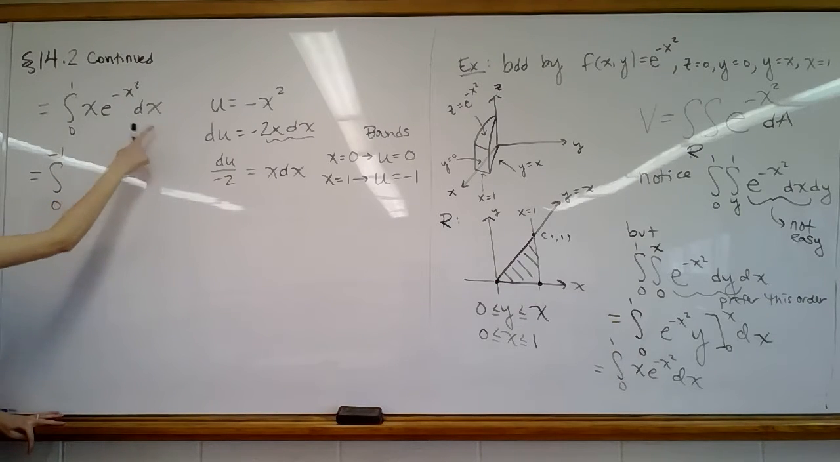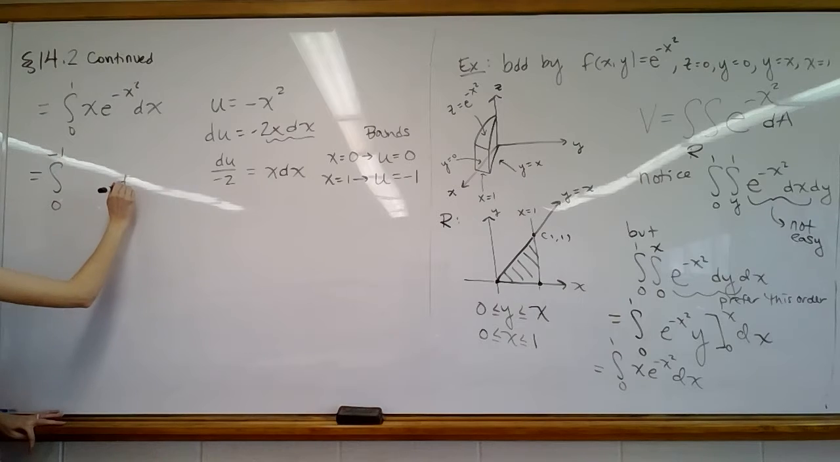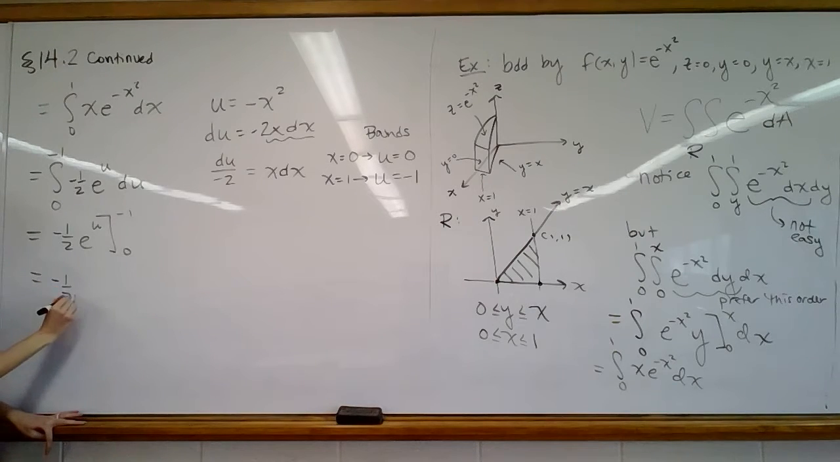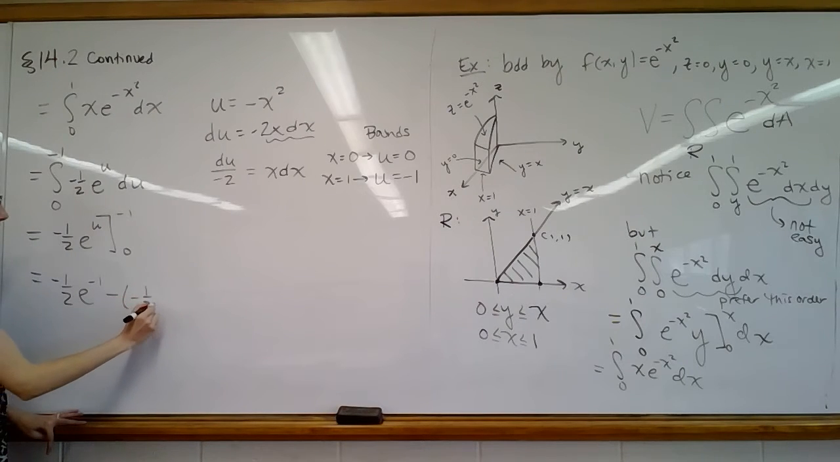The x dx becomes du and a negative 1/2. And then e to the negative x squared just becomes e to the u. The integral of e to the u is e to the u. So luckily we just have negative 1/2 e to the u. We're going to evaluate that from 0 to negative 1, plugging in negative 1 first because it's the upper bound. So we have negative 1/2 e to the negative 1, and then we have minus negative 1/2 e to the